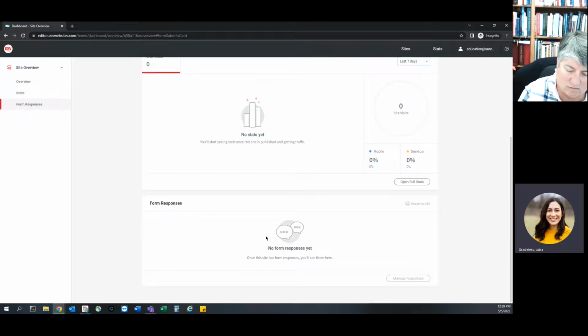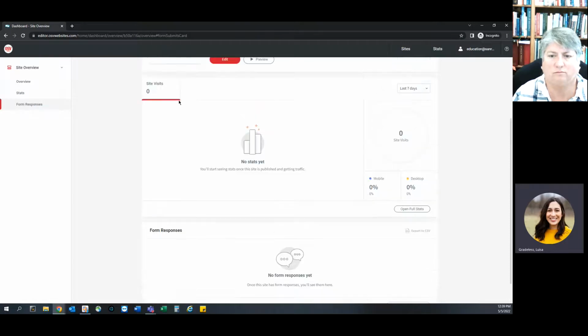Another thing is you cannot view them as a PDF file. You can only click this button that says export to CSV, so it'll download all the information for you. So if it's a contact form and you don't mind, then yes, you can use this. And I'll show you what it looks like in the website. But with the OSV forms,